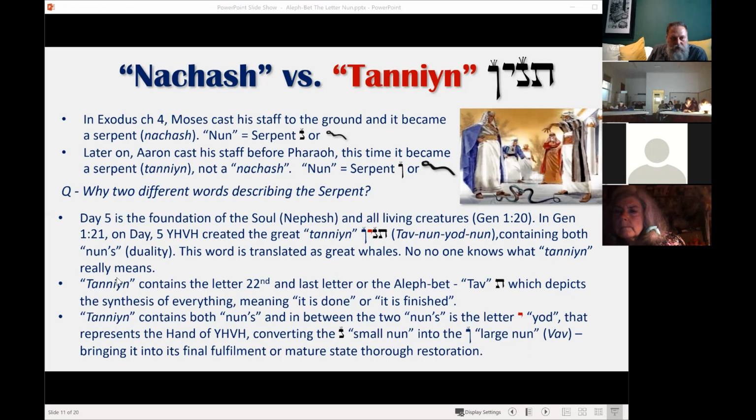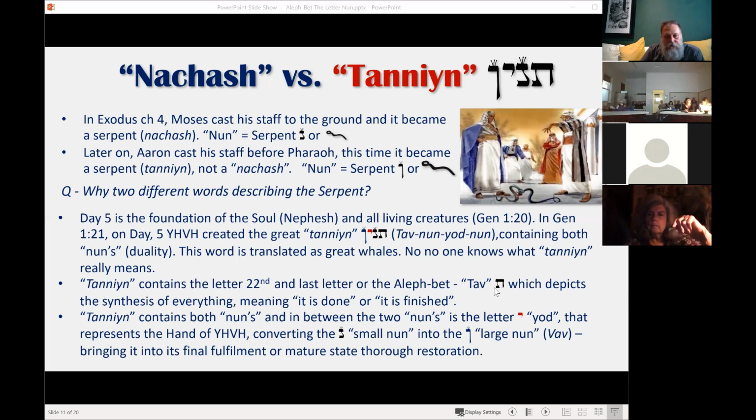The same symbolism is there, and the two nuns, or the two paleo Hebrew nun symbolism, also found in that storyline. Now, Tanin starts with the letter Taf, which is the last letter, and the letter Taf means death. It also means it is done and it is finished, which are two positive meanings in relation to the negative one, which means death. So Tanin has to do with dying, but also with completion, and that something is complete or finished. So it's got a positive outcome, at least that it is now finished, even though it's a bad thing or whatever. We came to a point of completion, which is always a good thing.